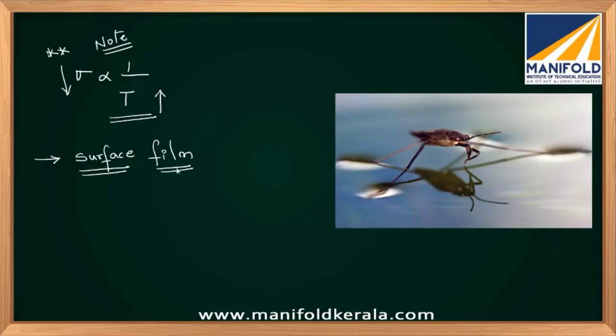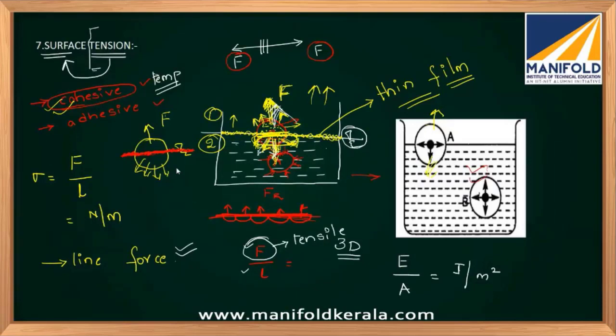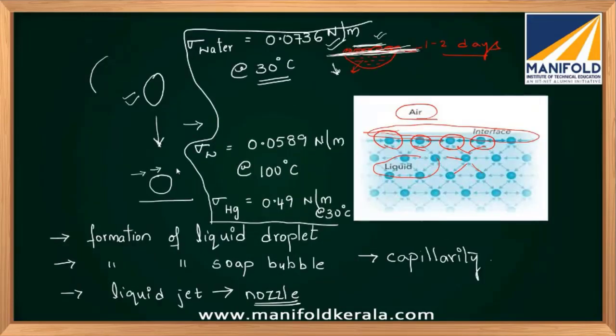Surface tension at three different temperatures, and the molecules, are being seen. Do you have any doubts about the surface tension concept? Surface tension is nothing but a line force, a tensile pull force per unit length. It is due to cohesive forces and the unit is Newton per meter. Surface tension of water is 0.0736 Newton per meter at 30 degrees centigrade. At 100 degrees, it is 0.0589. Please note these values. Very important interview questions are these. Surface tension of mercury at 30 degrees is 0.49 Newton per meter.